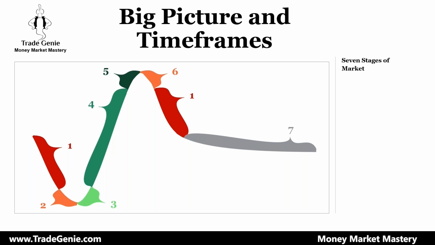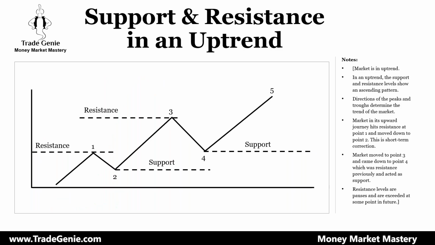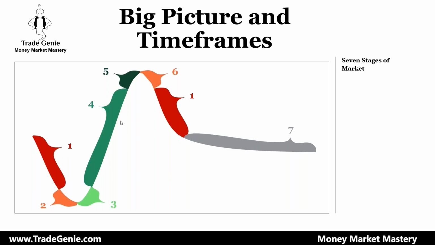So now you say, okay, the pullback. How do you recognize it? Do you have a system where you can say that this is a pullback and not a correction, or this is a meaningful pullback and I have a proper entry? I will dissect it and show you in just a second, before I explain.